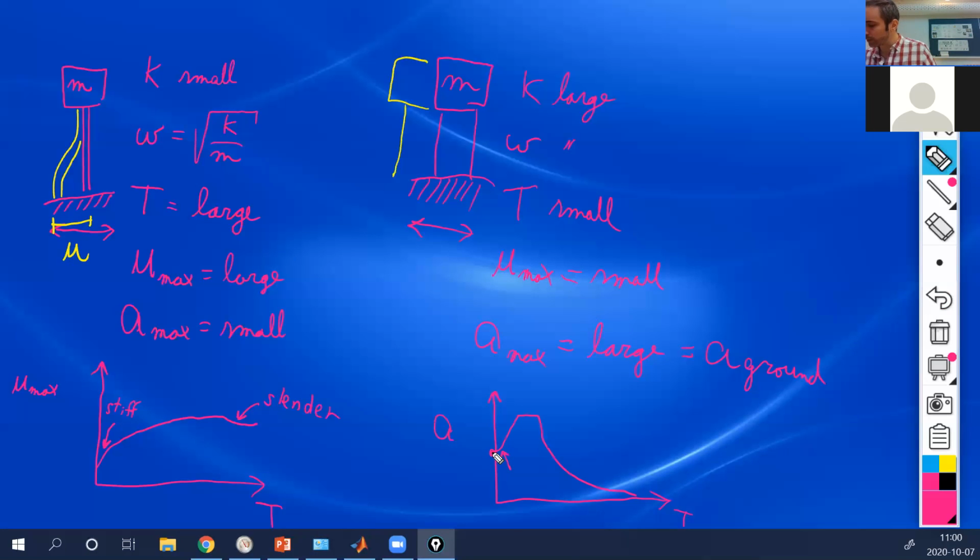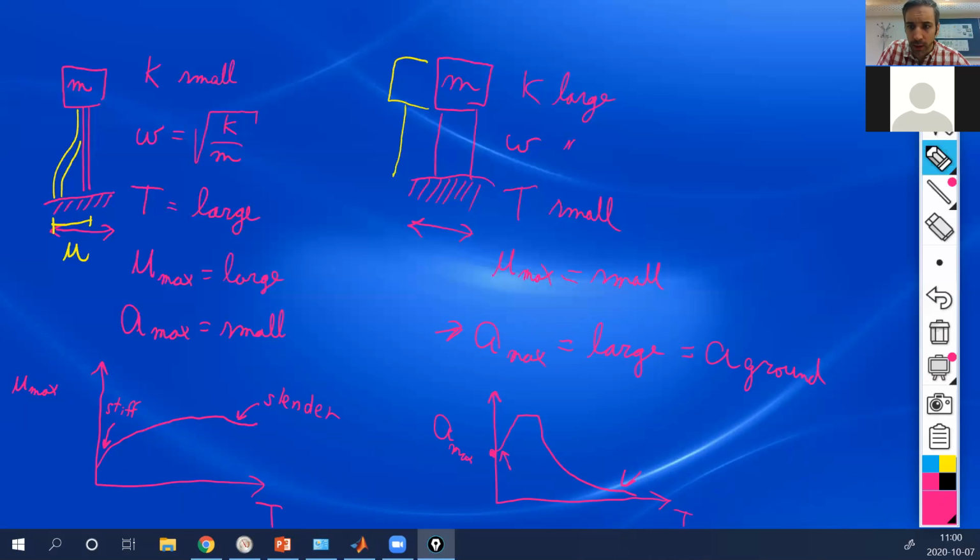with an acceleration that is equal to the acceleration of the ground. That is what we saw here. And a very slender structure will be somewhere over here with almost zero acceleration, okay? So as you can see, in this kind of very coarse consideration, it makes a lot of sense when we